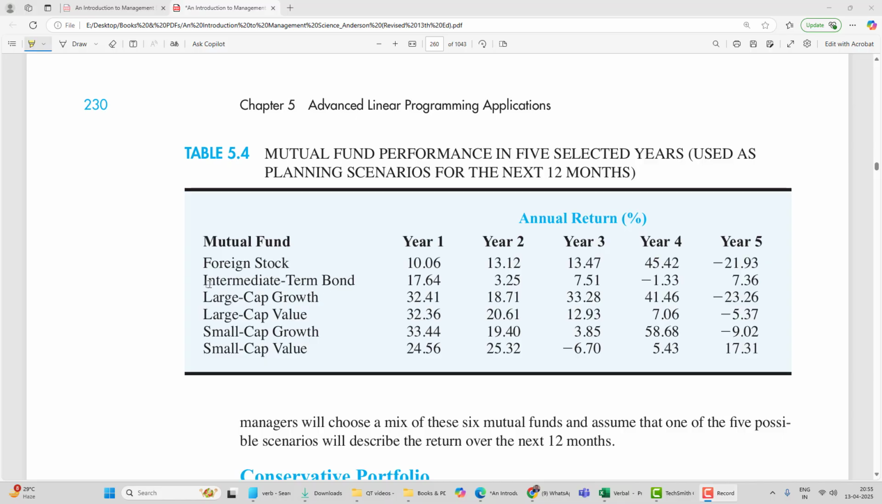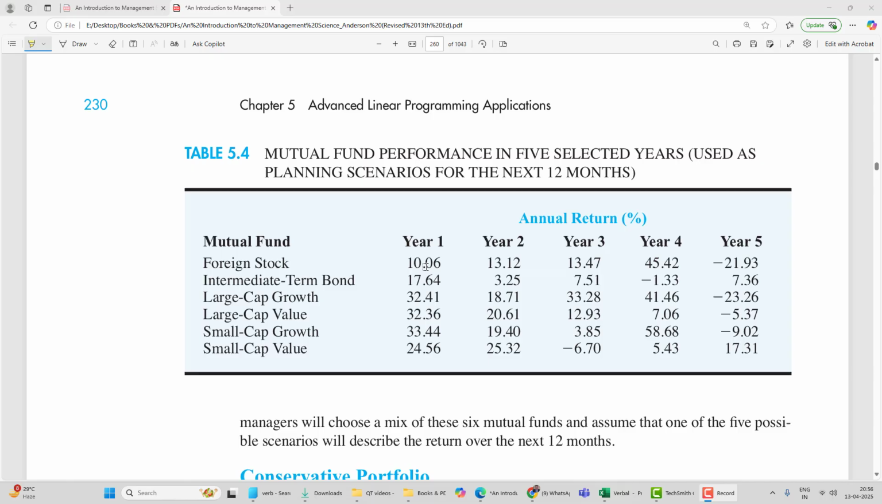The first mutual fund invests into foreign stocks. The second one, intermediate term bonds. The third one invests into large cap growth vehicles. The fourth one is large cap value shares. The fifth one, small cap growth shares, and the last mutual fund invests into small cap value shares, and their yearly